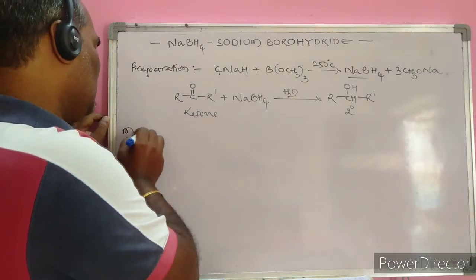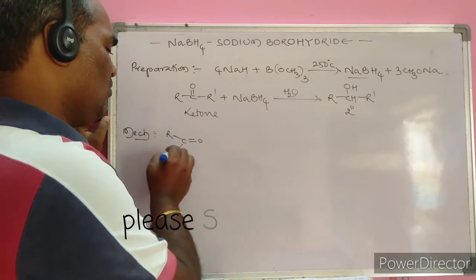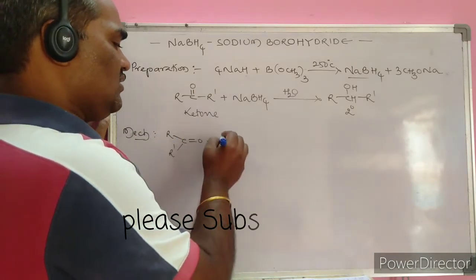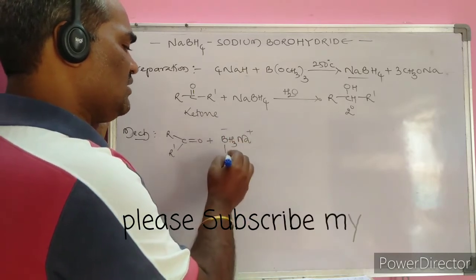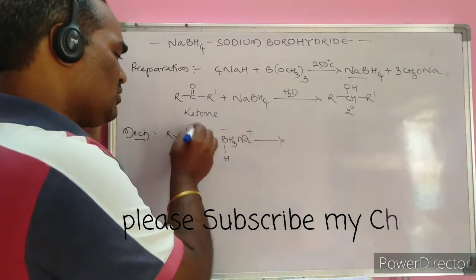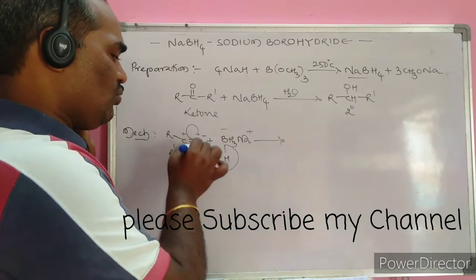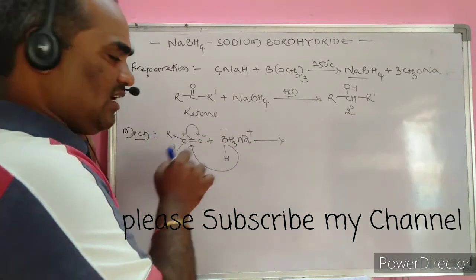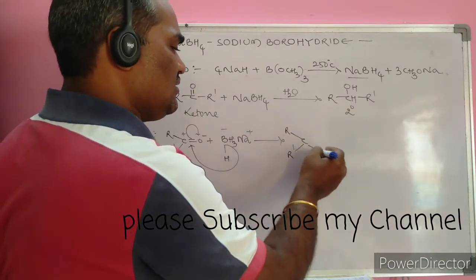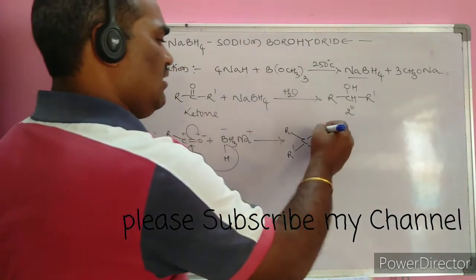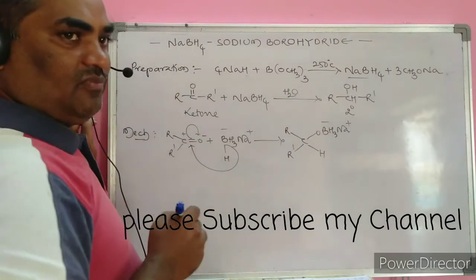The mechanism suggested for this reaction: RC double bond O R dash, and for the sake of convenience BH3 with Na plus and minus, here is a hydrogen where the polar group is presented, minus and plus. The complete transfer of the hydrogen will take place, like a transfer of the hydride ion. RC, R dash, this side H, here O, and the remaining BH3 and Na plus and minus.